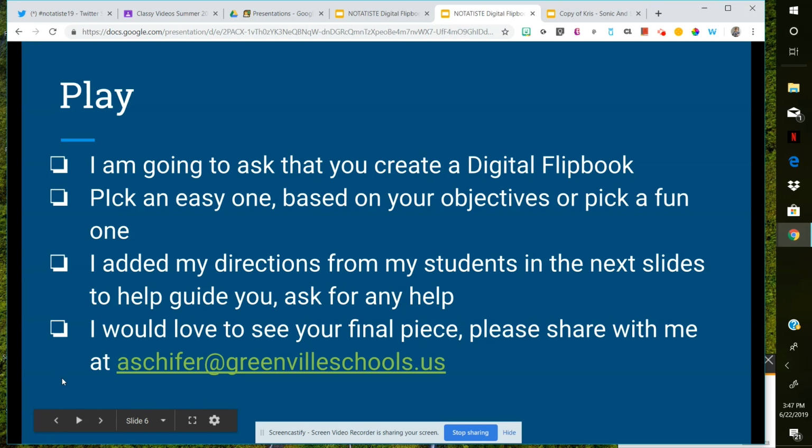I'm going to ask if you can create a digital flipbook. Pick an easy one based on your objectives, or pick a fun one. I've added the directions I used with my students in the next slides to help guide you, and you can also ask me for any help. I'd love to see your final piece. Please share it with me at